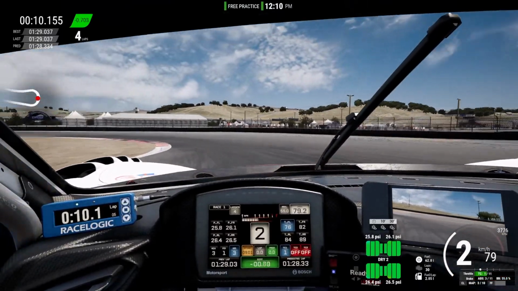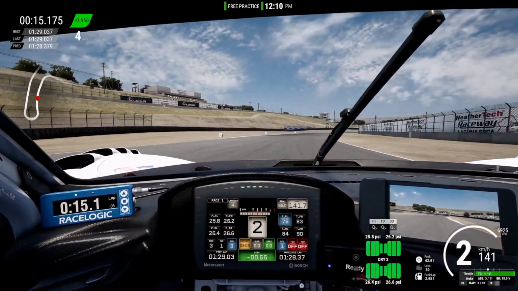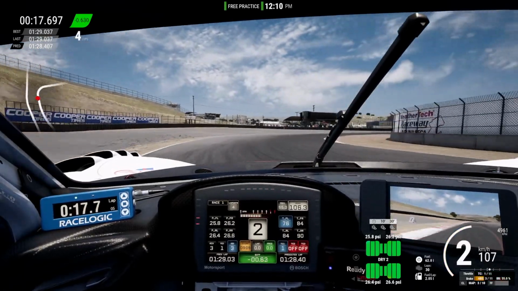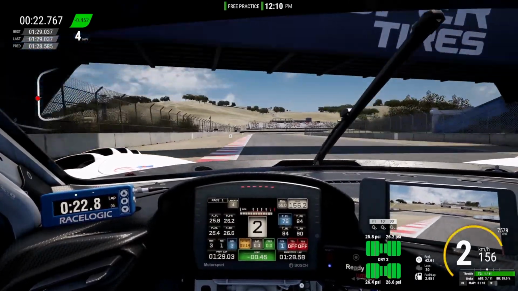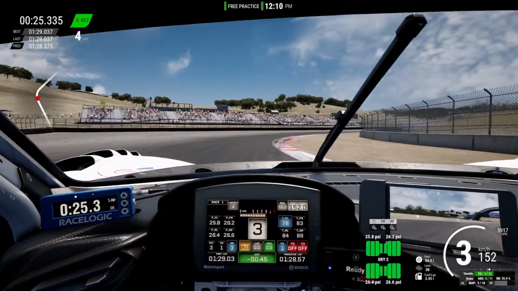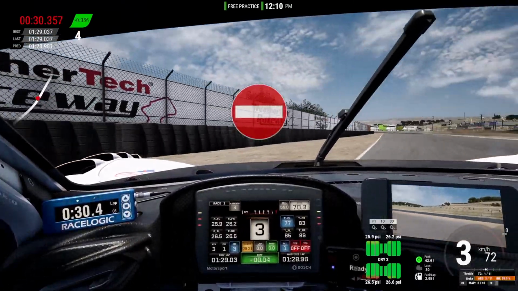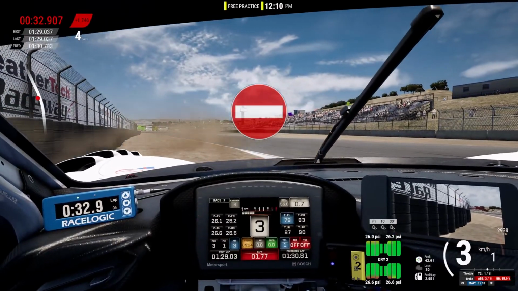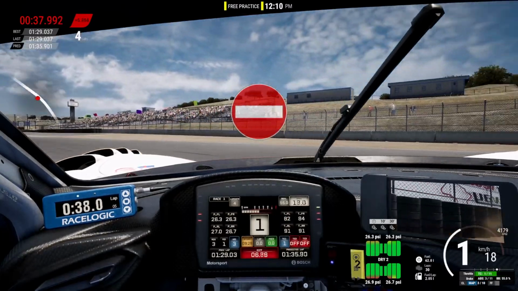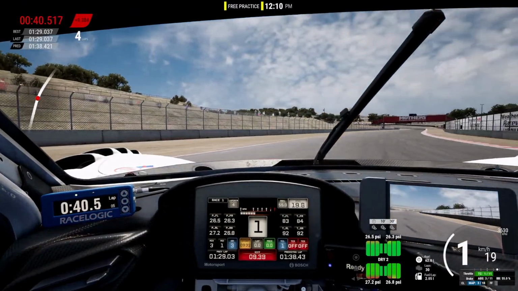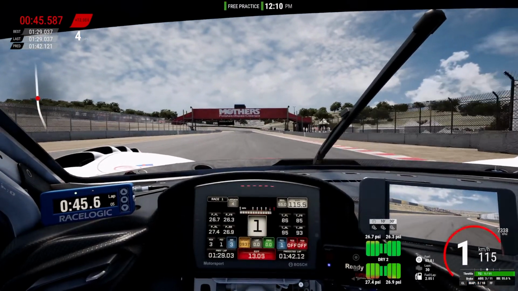Dropping that brake balance to 55 really helped out a lot. Rear end doesn't want to kill me, but I do have to watch out for the curve there, or it's just going to do that to me every single time. Ferrari no light curves, just like Porsche no light curves. And I should go to the pits and change my tires.